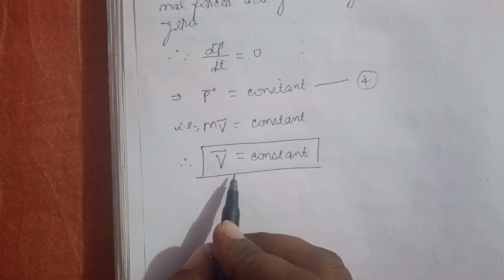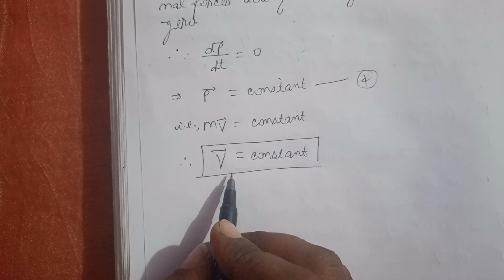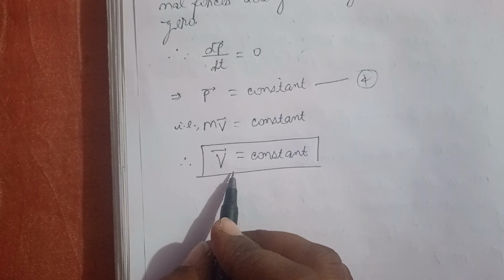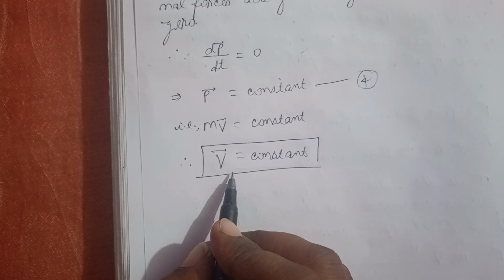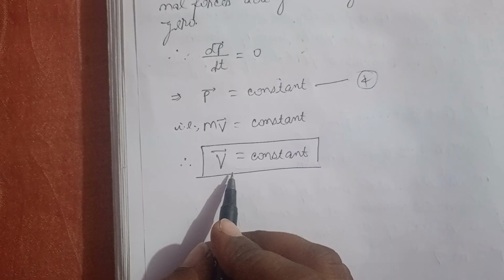Note that on account of internal forces, the forces exerted by the particles on one another, the individual particles may have complicated paths. Yet, if the total external force acting on the system is zero, the center of mass moves with a constant velocity, uniformly along a straight line like a free particle. If the center of mass is at rest, it should remain at rest when total external force acting on the system is zero.